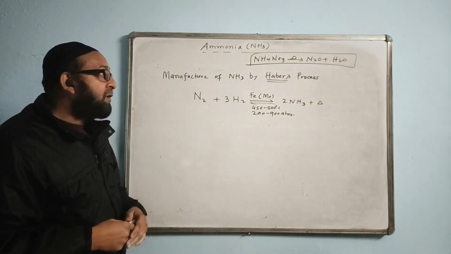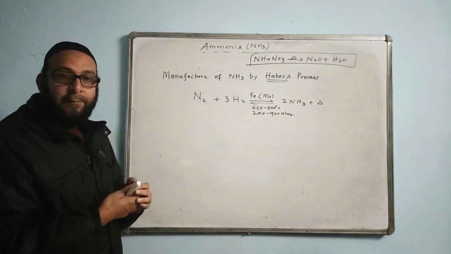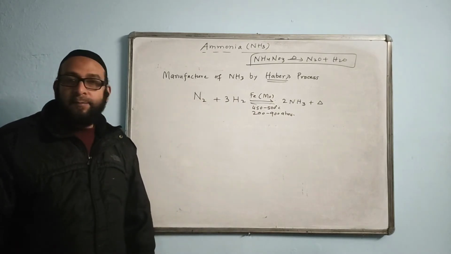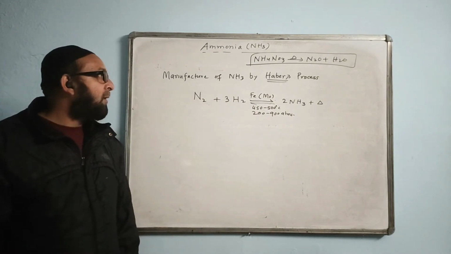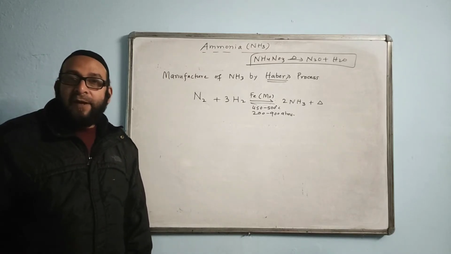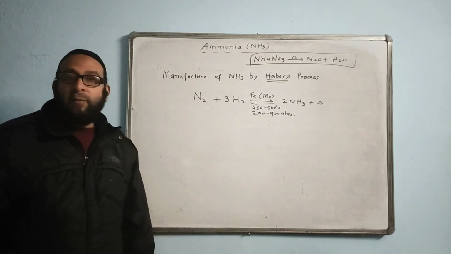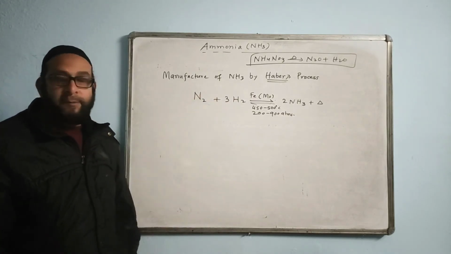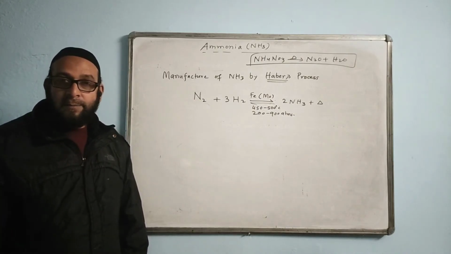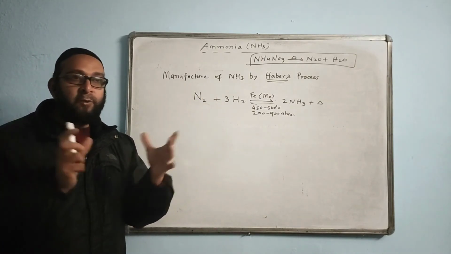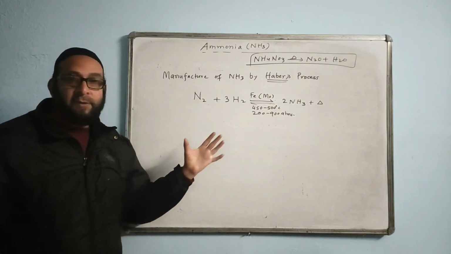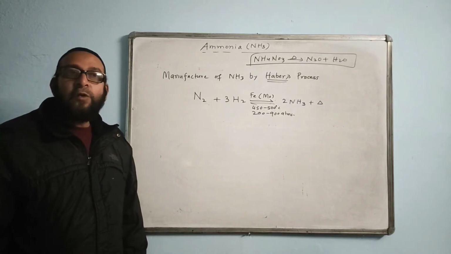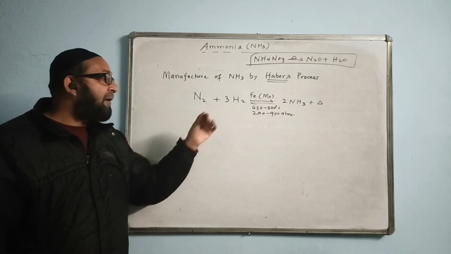Name the input mixture of Haber's process. Input means these two. The answer is nitrogen and hydrogen, pure nitrogen and pure hydrogen. What are the reactants of Haber's process? Nitrogen and hydrogen. In what ratio are they mixed? They are mixed in the ratio 1:3 by volume. Because they are gases, we put them together in terms of volume: 1 liter of this and 3 liters of this. Now the question is, why do we have a higher ratio of hydrogen?